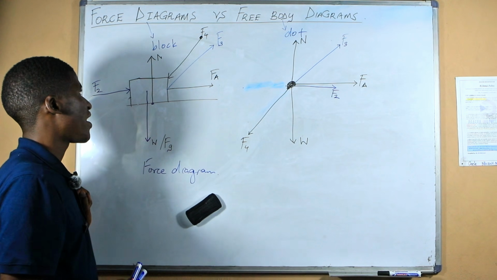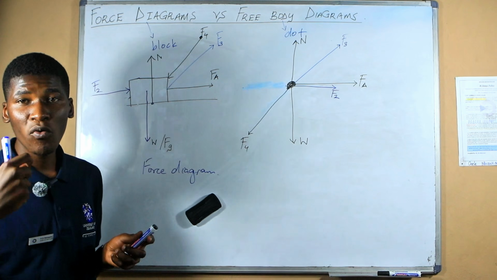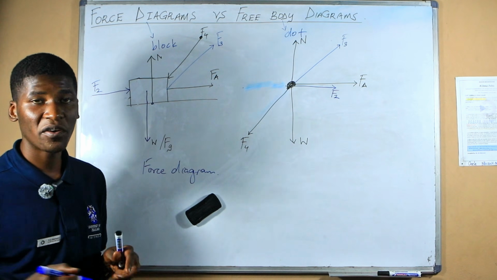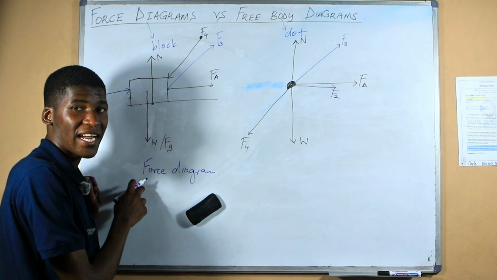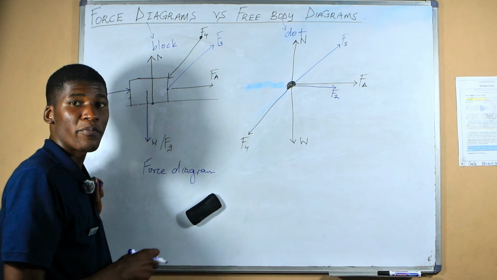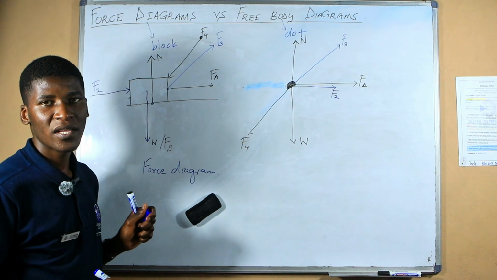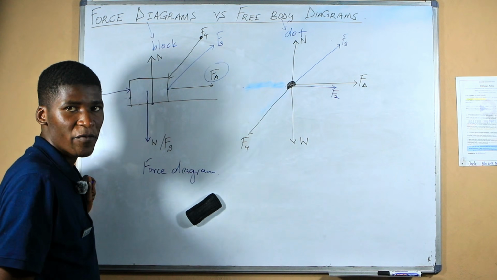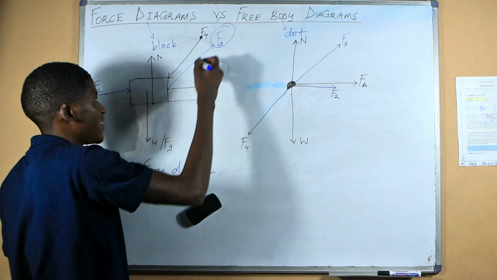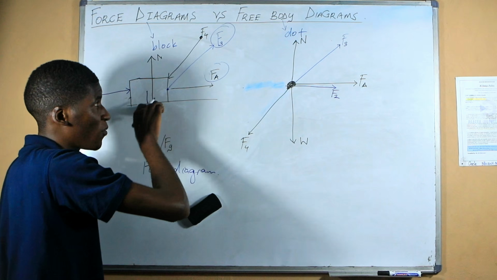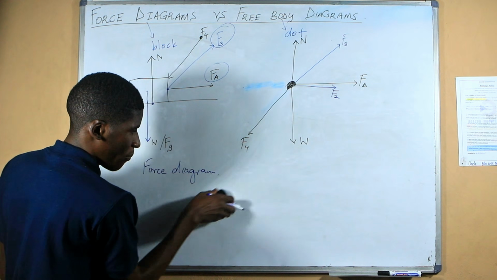All right. And then when we talk about the force that is pulling an object, I repeat again, grade 11s and 12s, the force starts here at the block in a force diagram, and it goes to wherever you are pulling the object to. That is pulling. This FA here is a pulling force because it is starting at the block and is going away from the block. This F3 here is also a pulling force because it's starting at the block and pulling away from it. It's like you are pulling the block.